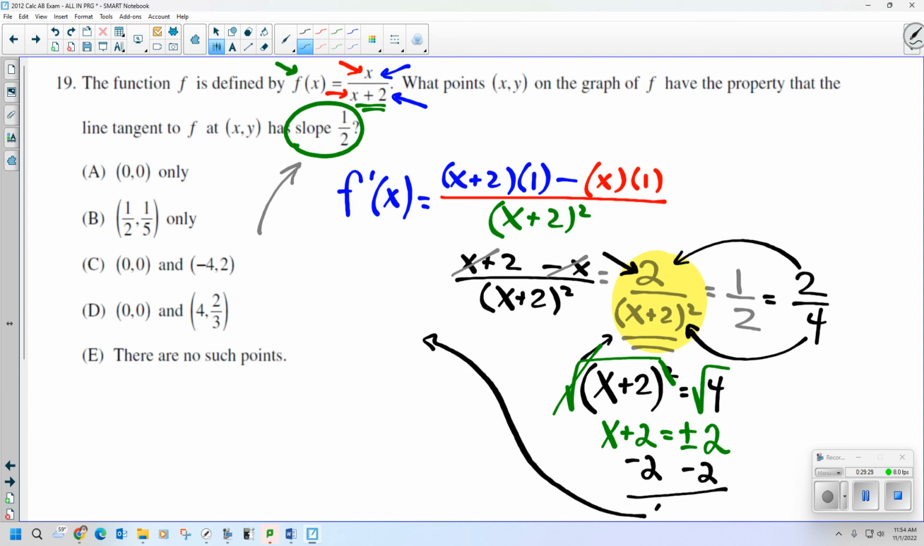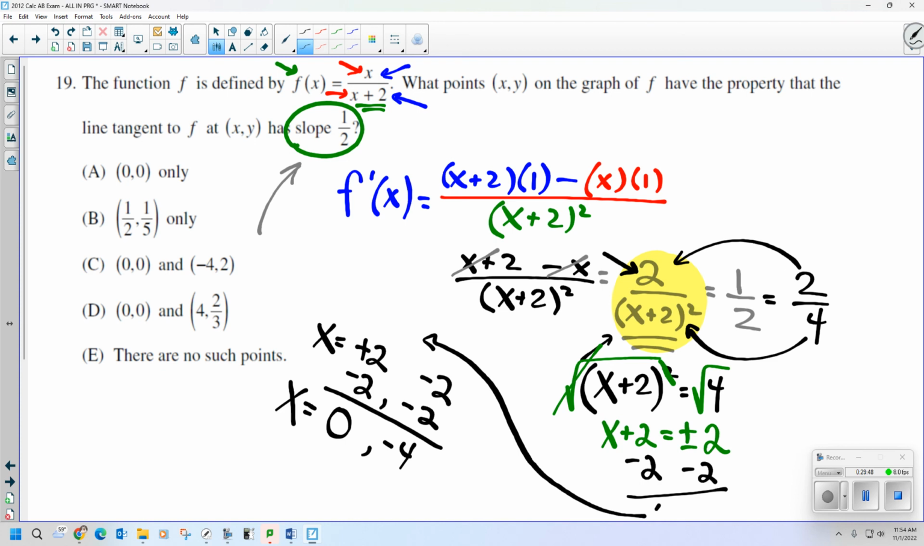Boom. So I've got x equals two answers, a positive 2 and a minus 2, right? I'm subtracting 2 from both of them. 0 and negative 4. These are both x answers. All right? Now, if I look here,